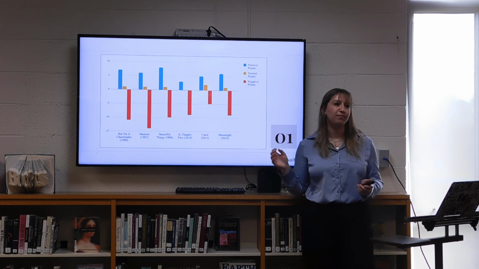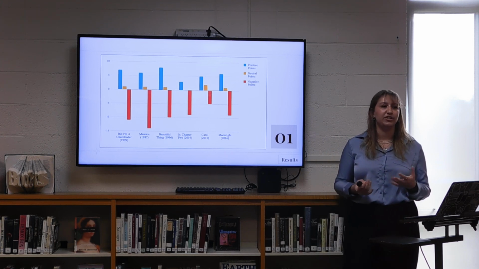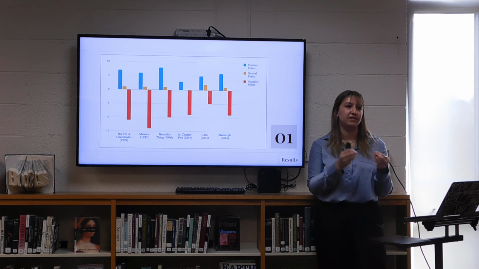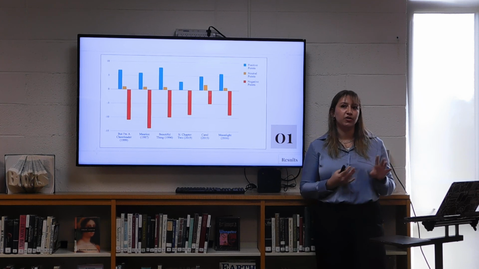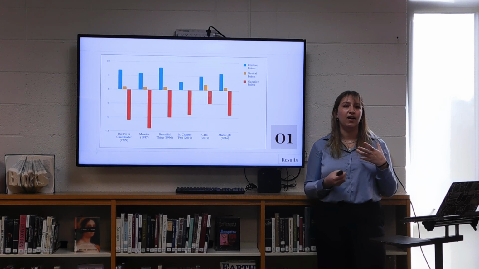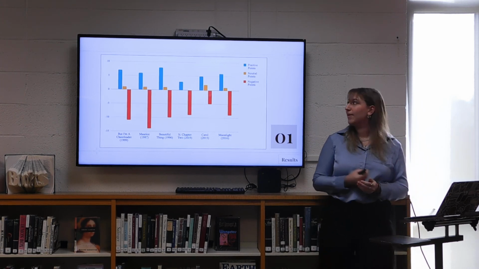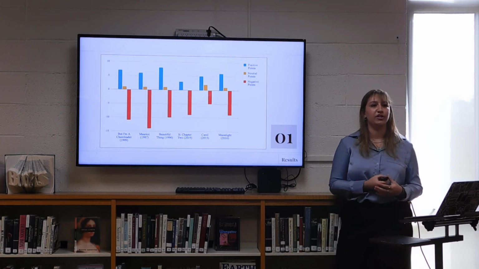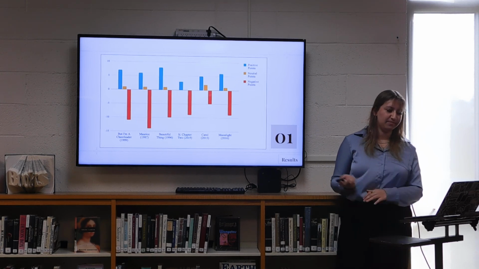In the blue are positive points, and these earned a score of +1. This was really just things like positive coming out experiences, PDA without discrimination, more positive experiences in queer life. And I have negative points in red, which earned a score of -1. These were things like violence committed by or against the queer character, slurs, things like that. And then I also did count neutral points, which earned a score of 0, just because I thought it was important to count the more subtle depictions, but ones that were still relevant to the queer experience.